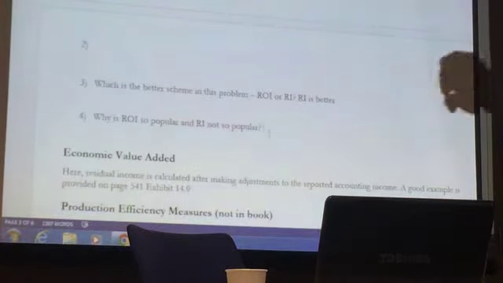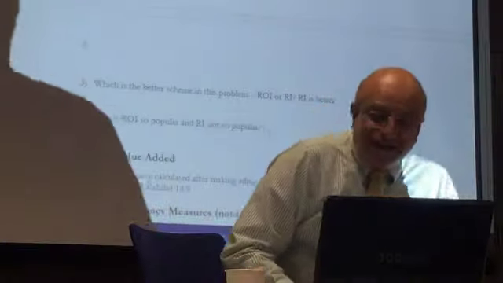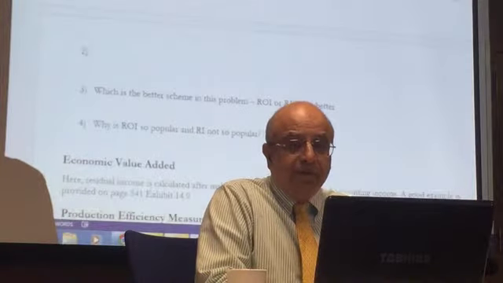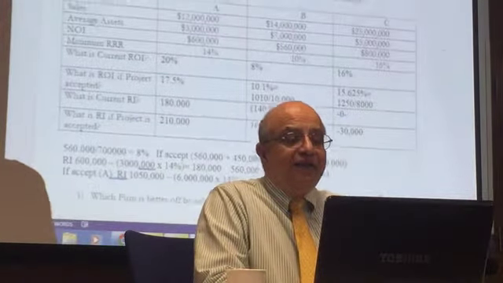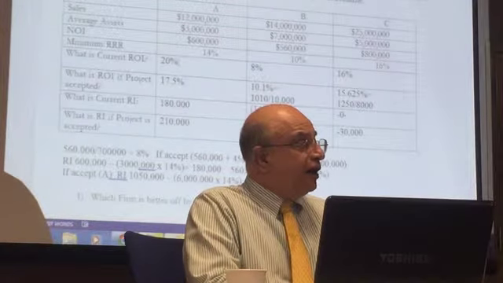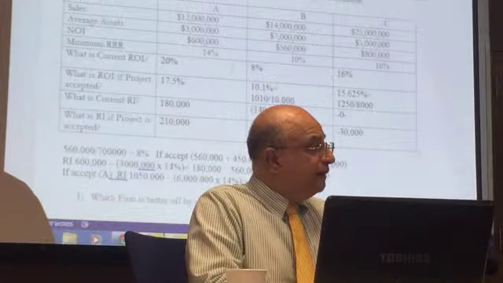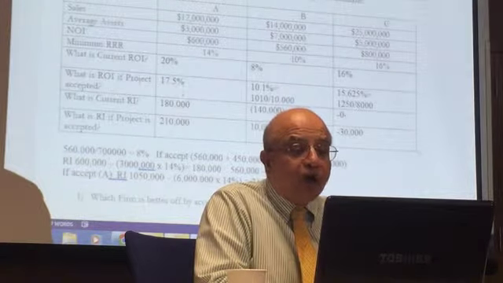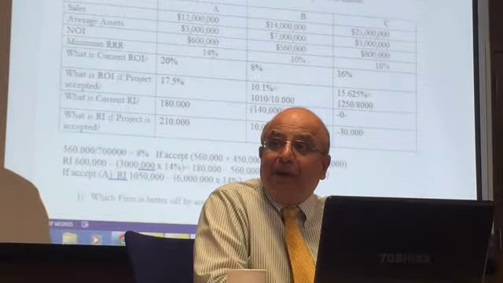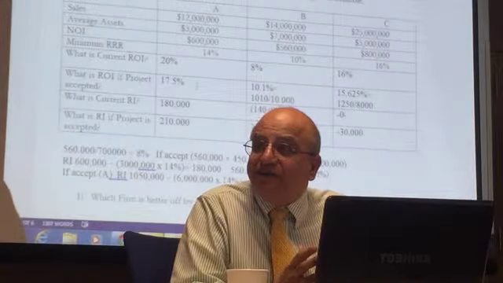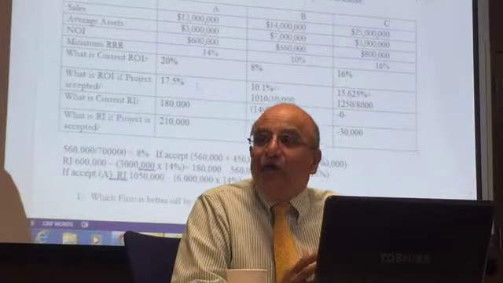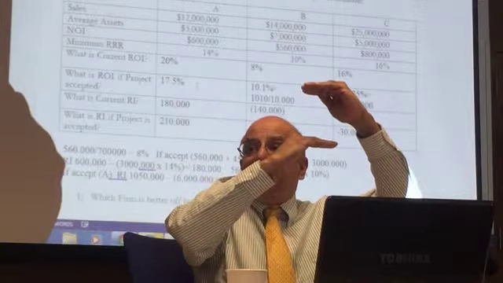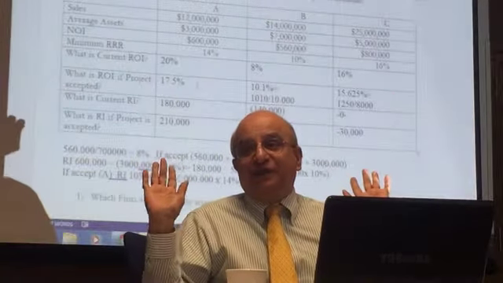Basically, let me go back here and explain in an intuitive sense what is going on. The project is earning 15%: 450,000 on 3 million. That's more than the cost of capital, but it's less than their current projects. So when you get a project between their current ROI and the cost of capital, they're always going to refuse it.